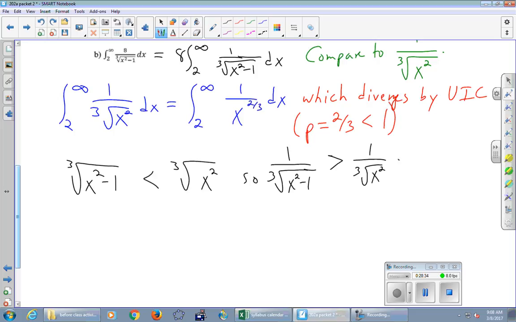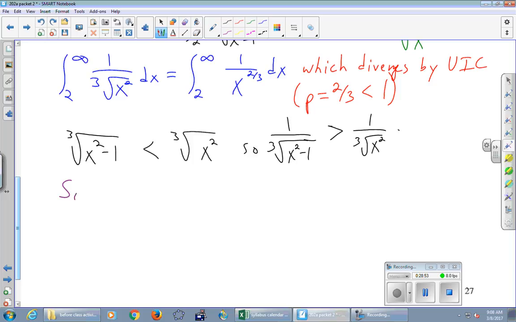Which means that our integrand, our integral, is bigger than this divergent integral. Was that the direction we wanted? You bet, right? The divergent one has an infinite area. Ours is even more. So I'll write our concluding sentence here. So our integral, which was 1 over the cube root of x squared minus 1 from 1 to infinity, what must it do? Converge or diverge? Also diverges